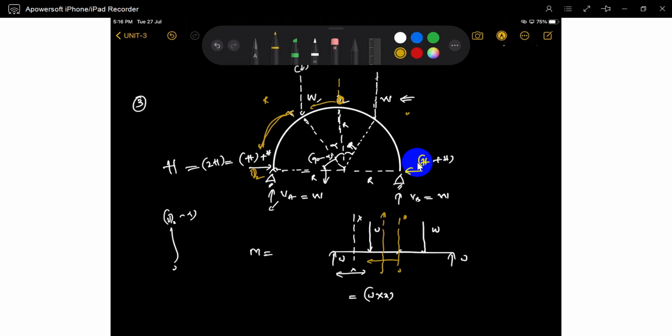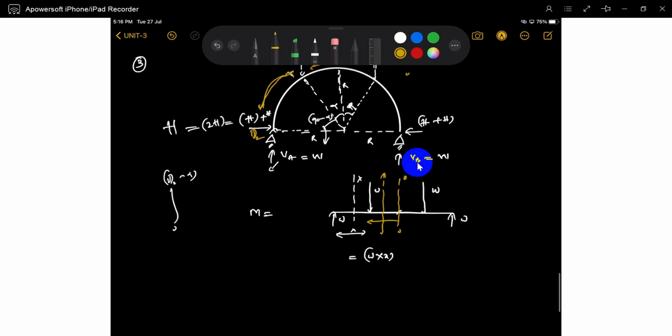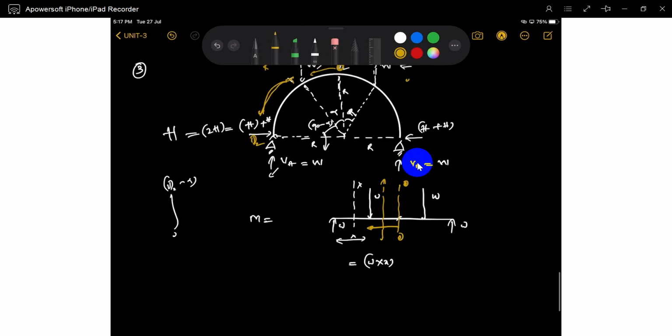This section, how can you write the moment? Okay, I will call it this section. How can I write it? First I will write it. So this is 0, this is 0. I have to take an x from this section only. So for this zone, w into x. This zone is alpha to pi by 2. So what is the 0 to alpha zone?